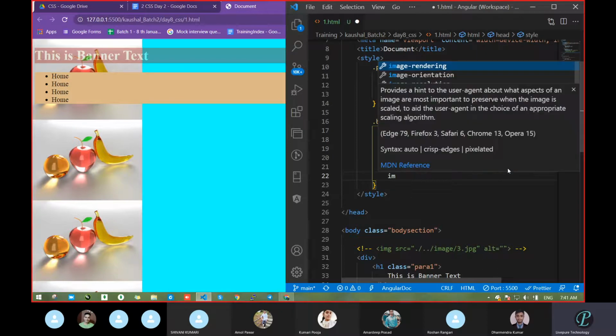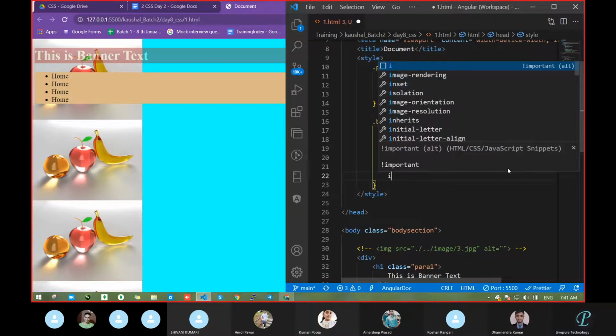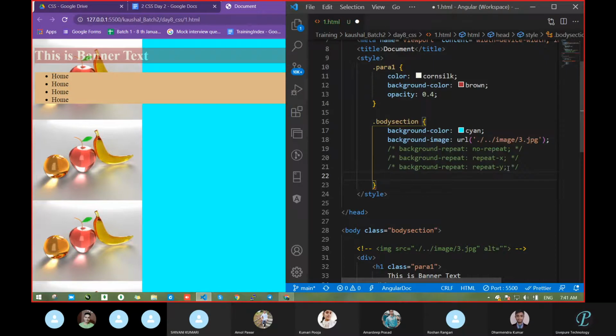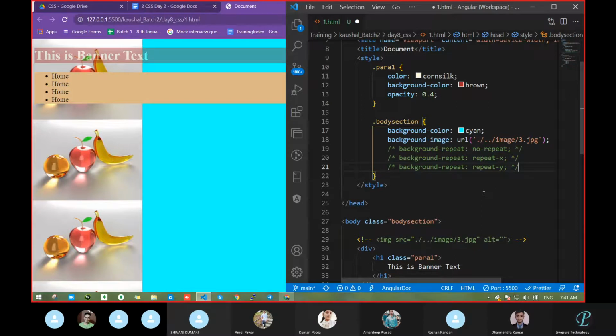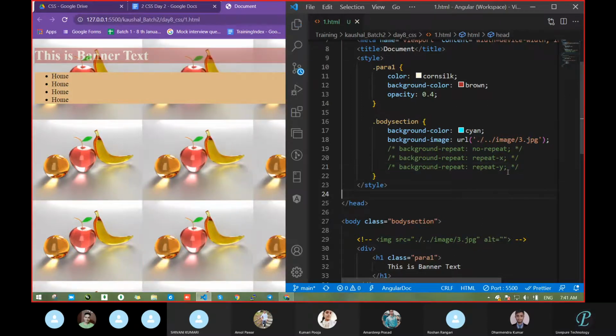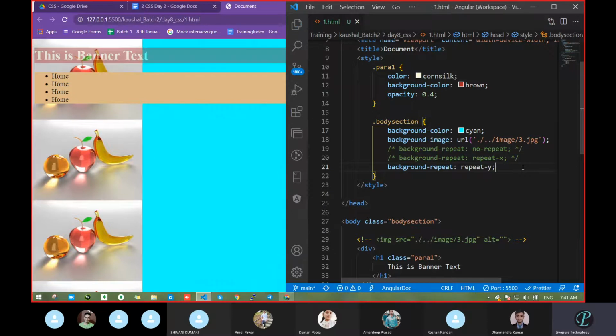Can anyone tell? If I want the image in full screen, a single image itself. What was that property name? Hello? No one. Okay.